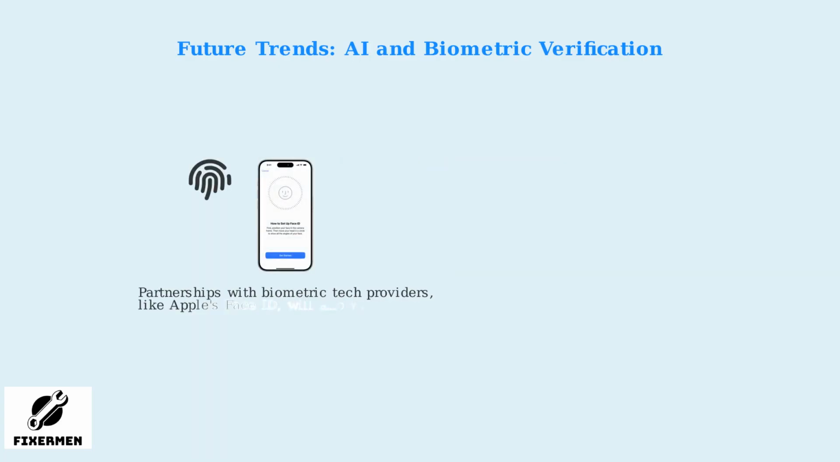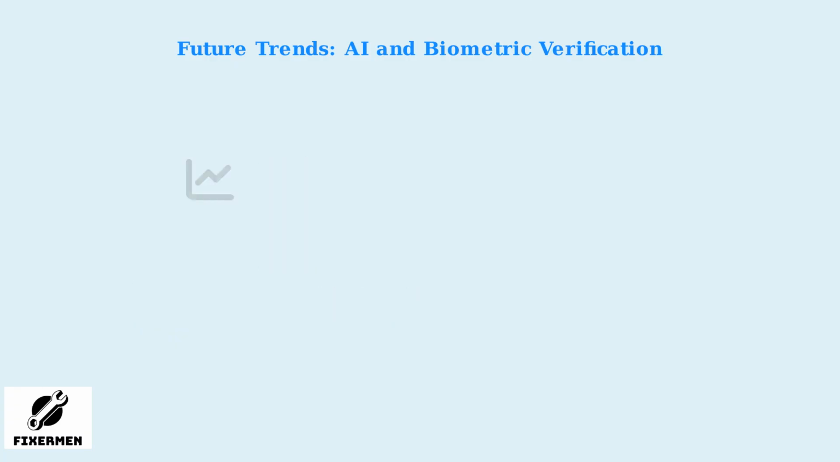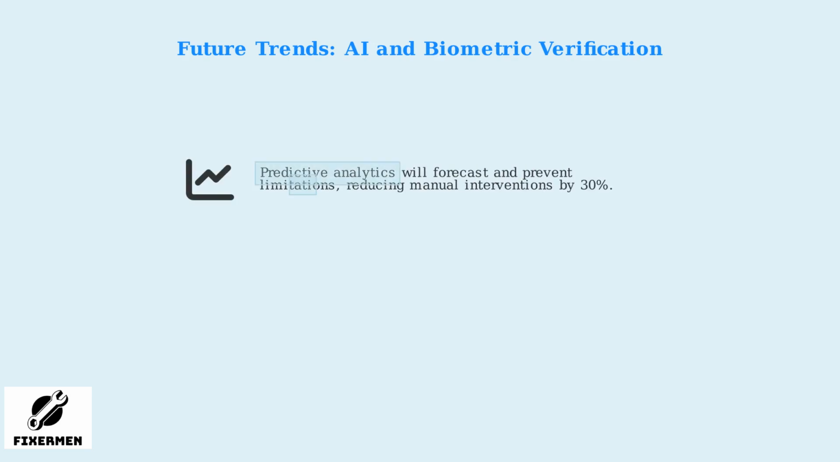PayPal will partner with biometric technology providers, integrating features like Apple's Face ID announced in Q1 2026. This allows users to verify their identity securely using facial recognition or fingerprints, making account recovery faster and more convenient. Through predictive analytics, PayPal forecasts potential limitations before they occur. This advanced data analysis will cut manual interventions by 30%, as the system learns from user patterns and proactively addresses